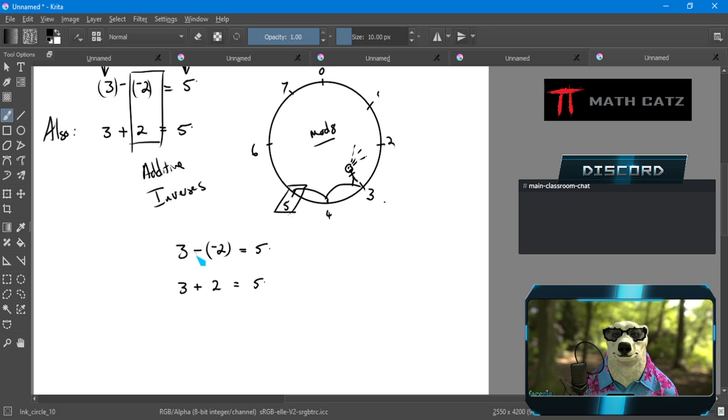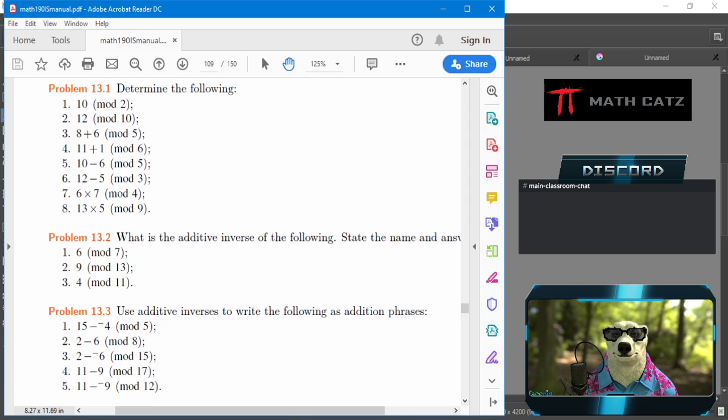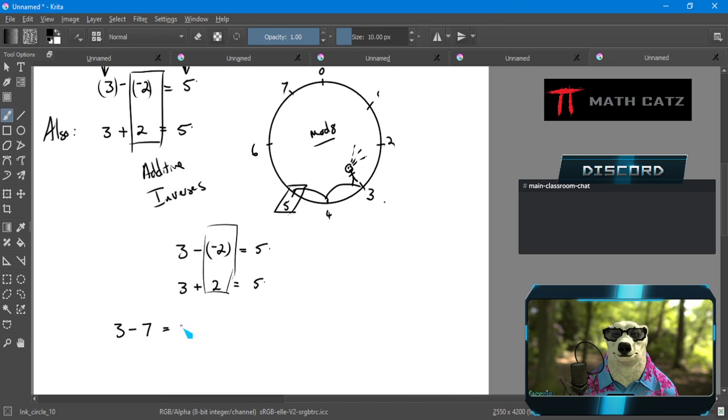If I want to rewrite the sentence from subtraction to addition or the other way around, I need to change the second number to its additive inverse. That's the key. Okay, so that's the same. Nothing has changed. If I now say, for example, 3 minus 7, and specifically, why would we want to do this? Just to show the link. There's no actual benefit in doing this. If I want to write this as an addition, I need to flip the second number to its additive inverse.